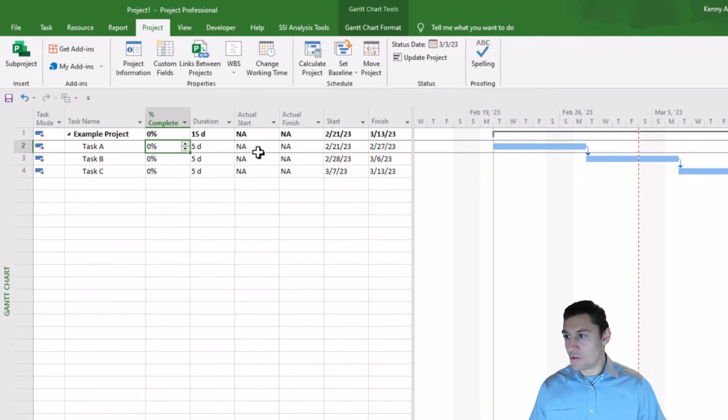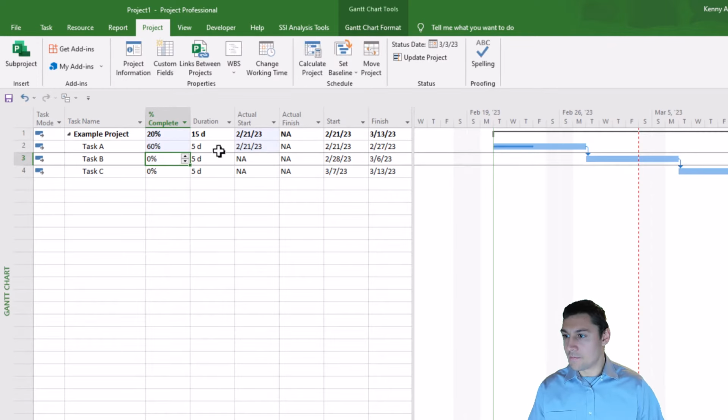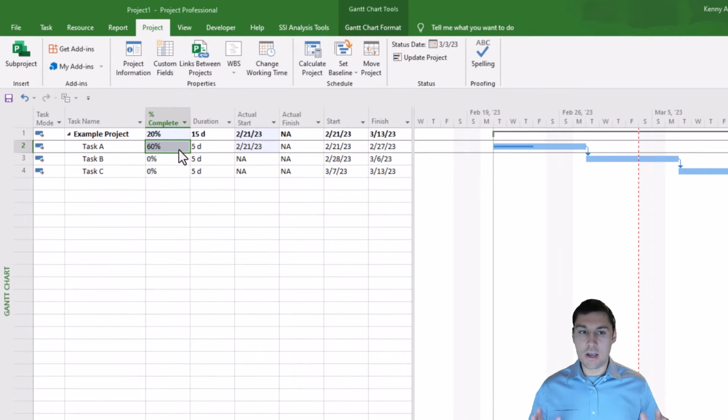Oftentimes what people will do is they'll just go to this percent complete field and they'll throw 60 in there. You should not do this. You never want to enter a number in the percent complete field. The reason being is the percent complete field is a field that Microsoft Project automatically calculates, and it's a duration-based